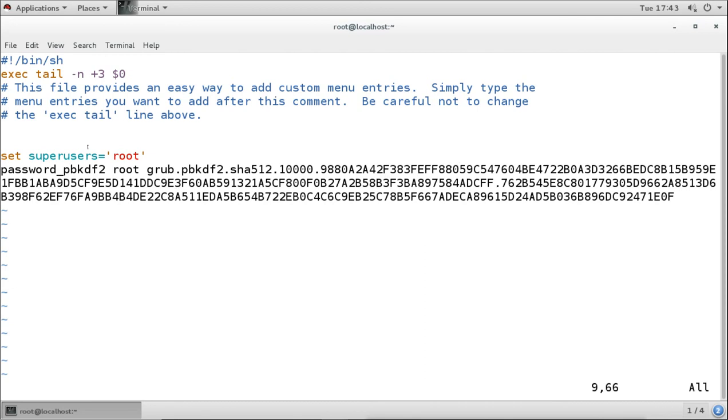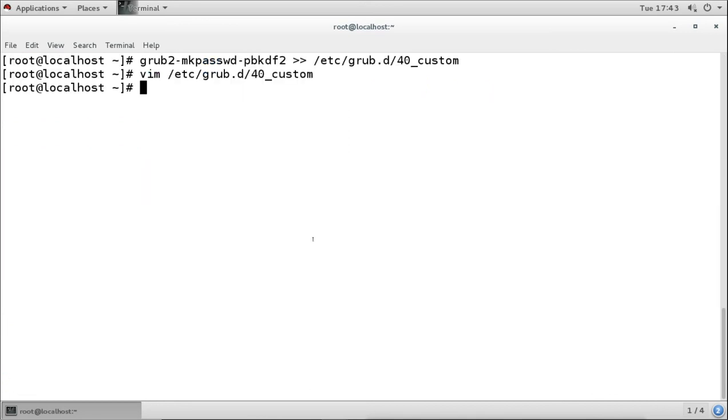This is the template file. It is not updating the configuration in the main file. So for updating the configuration, we have to save this, and then we have to generate the output and update the main configuration file.